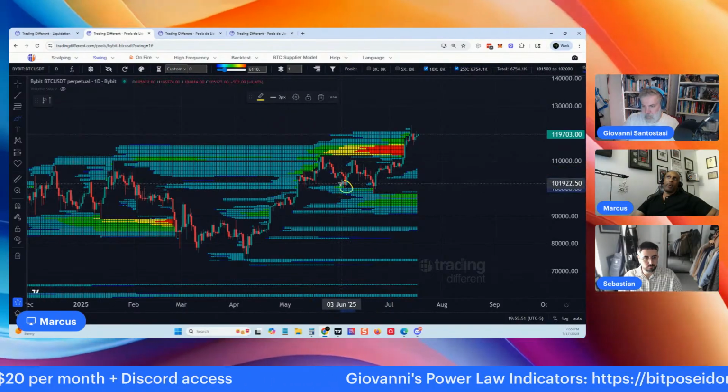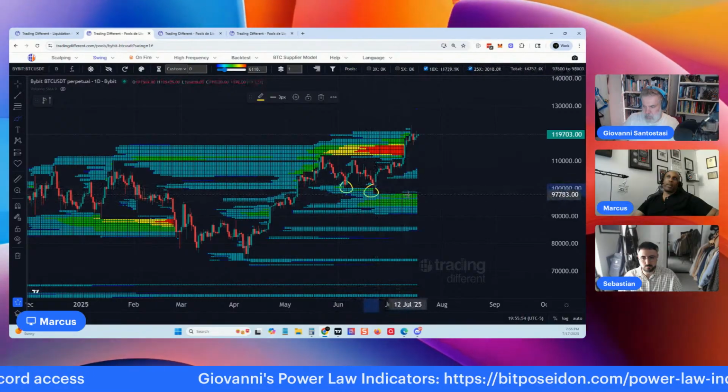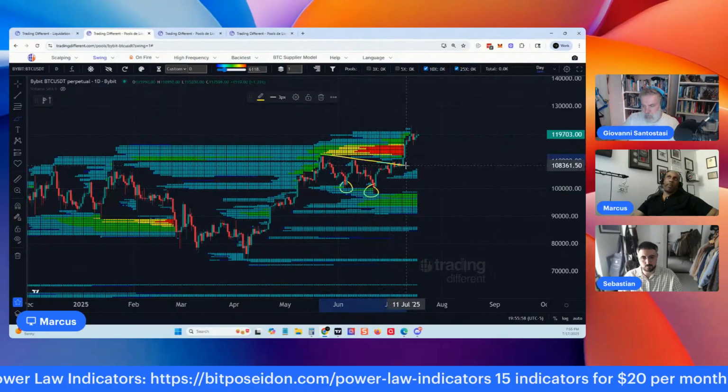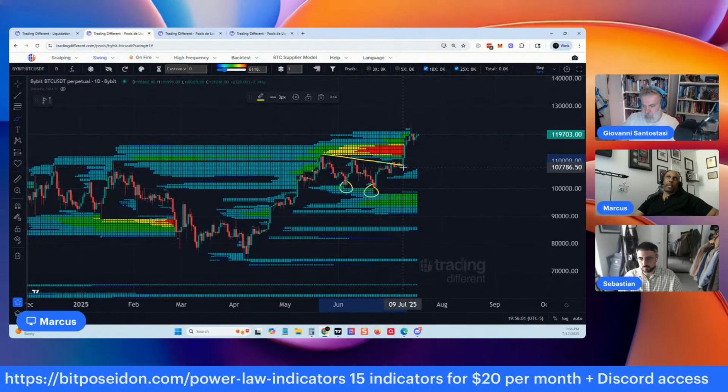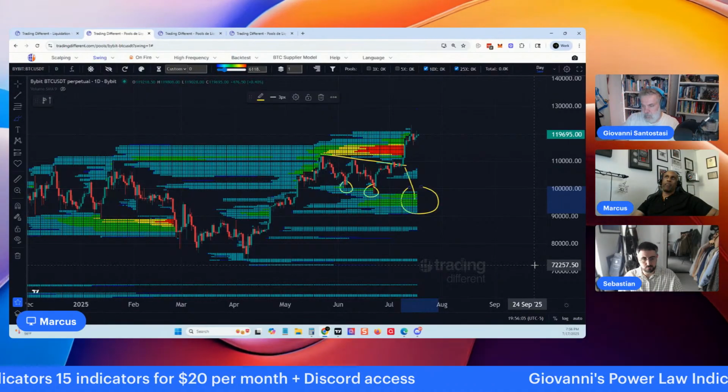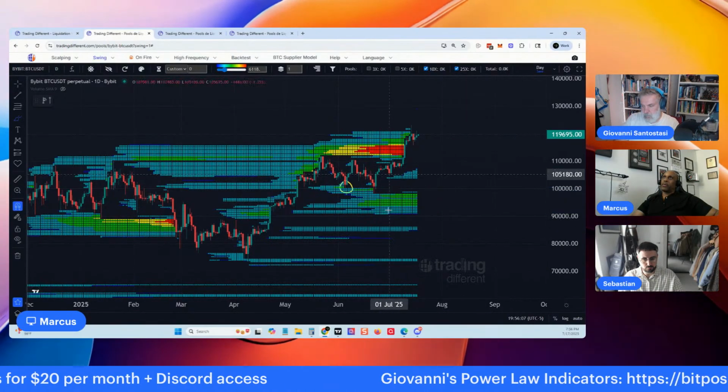They were displacing the long side liquidity. We had one, two displacements, and they were not tapping into the shorts. So that was giving me my indication that they were going to go for this first. That inventory there makes sense. And when you look at